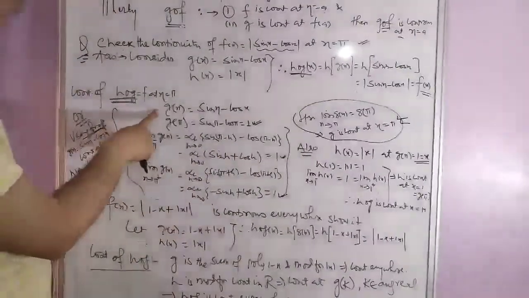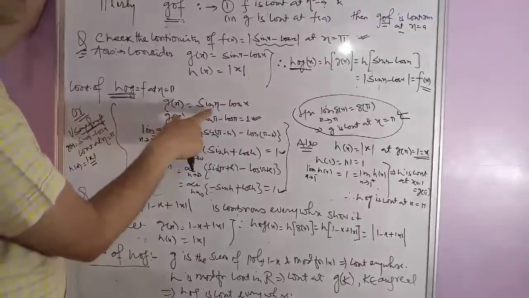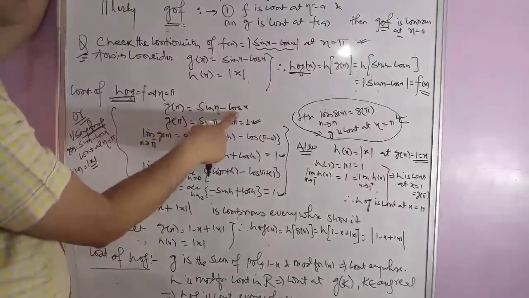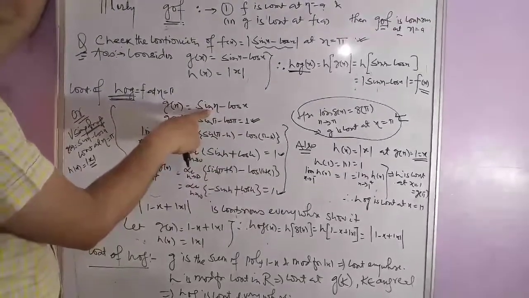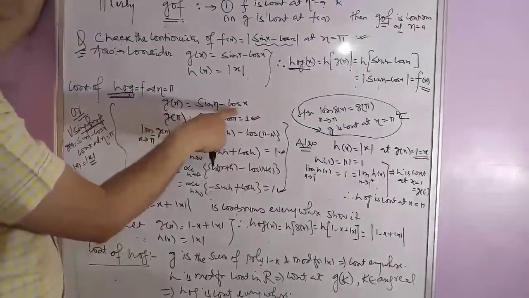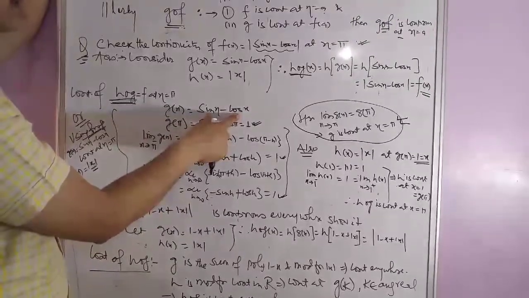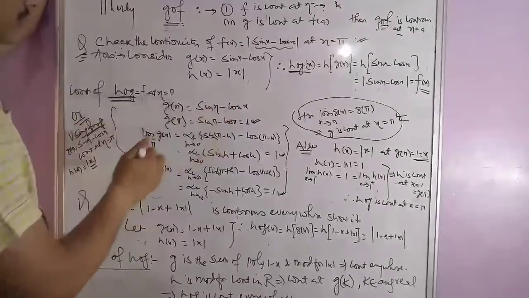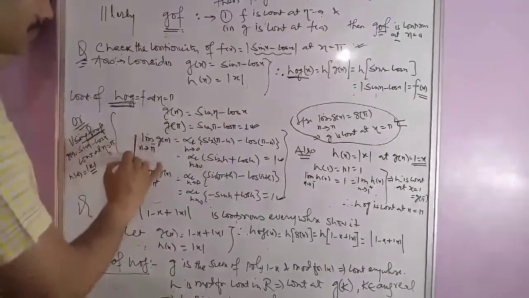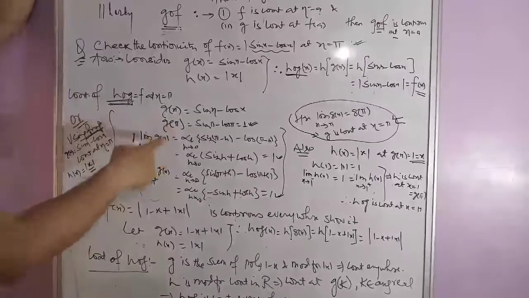We show here directly the continuity of g(x). Here sin x and cos x both are continuous functions everywhere. Sin x is continuous in whole R and cos x is continuous in whole R, and we know that the sum or difference of two continuous functions is always continuous. So we write directly here that g is continuous everywhere, so continuous at pi.